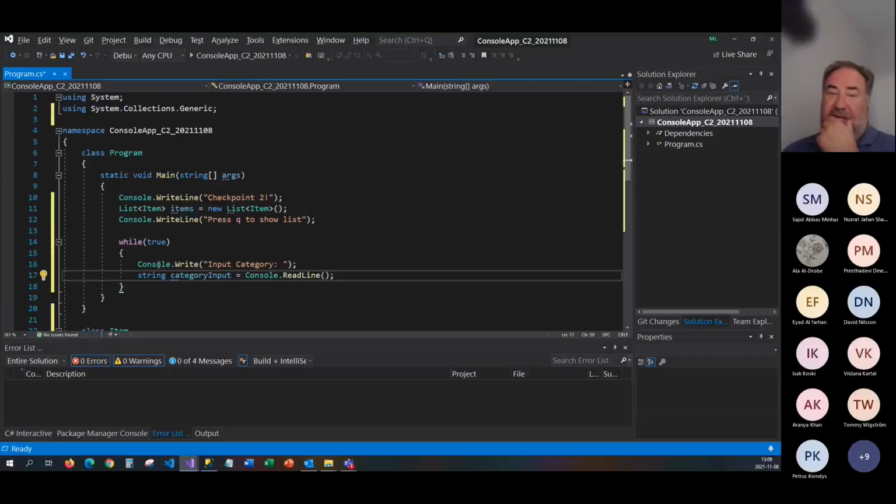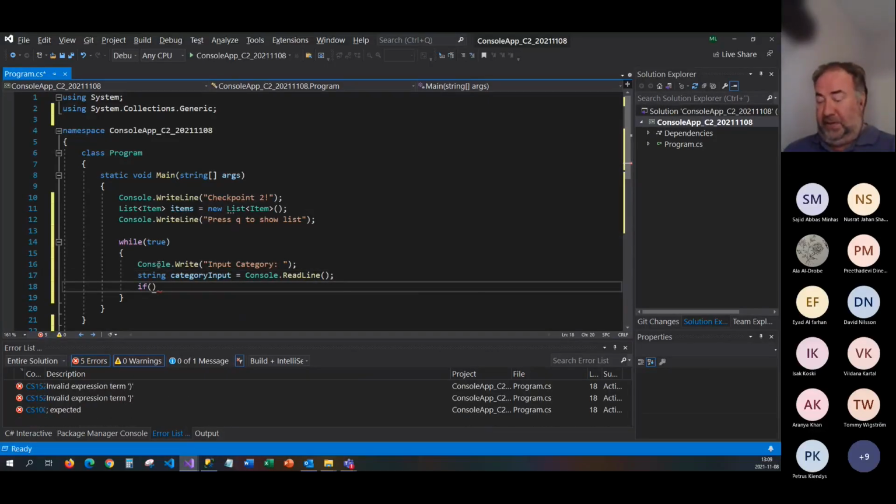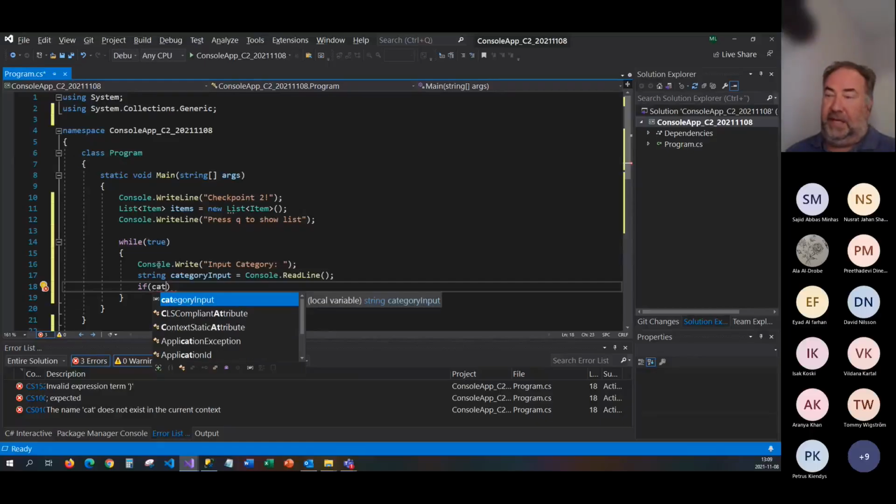So this one is taking the, now I'm going to do a check because we are doing this input in 3 different data. So I'm going to do a check each time if the category input